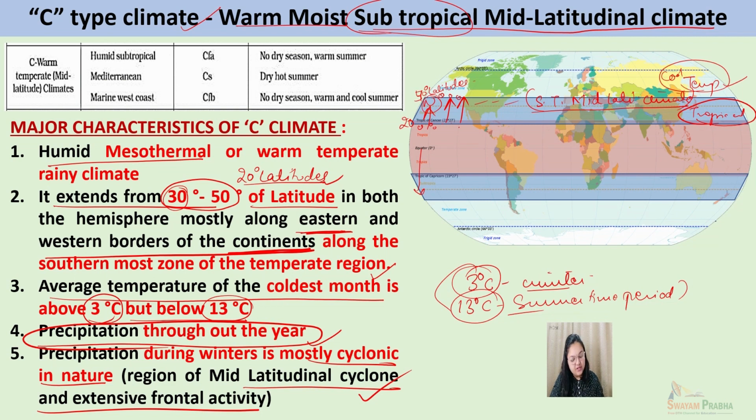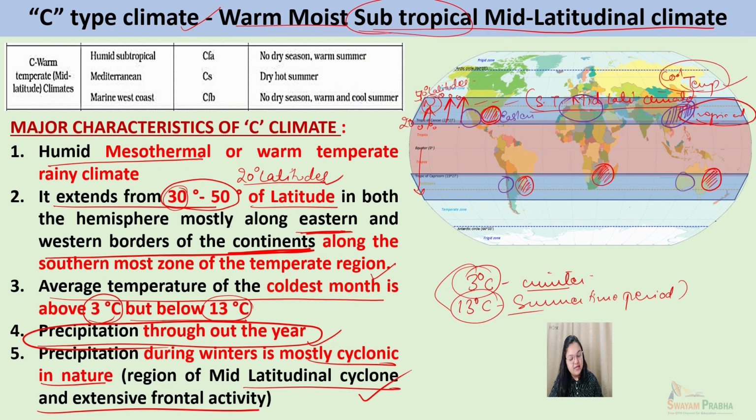So these particular regions of the world, the southeastern corner of USA, the southeastern corner of South America, the southeastern corner of South Africa, the southeastern corner of Australia, and the eastern region of Asia extending from the Indo-China Peninsula to the southern parts of China, have the dominant impact of this particular climate, which is felt in the eastern regions of the world. Similarly, along the western regions of the world, this particular climate is quite predominant.